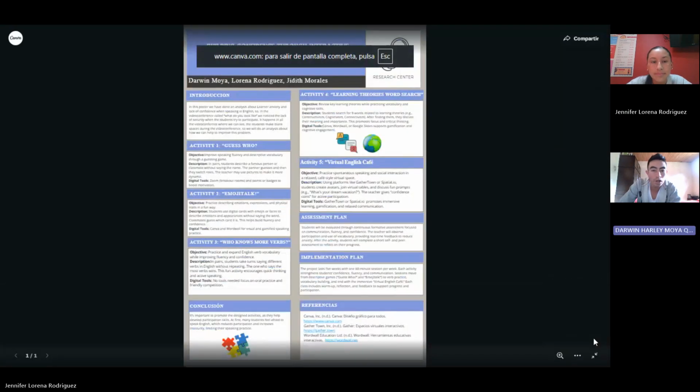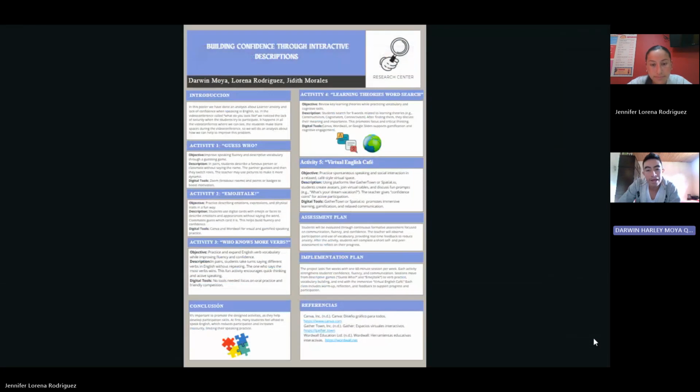Hello, Jennifer. Hello, dear tutor. My name is Darwin Moya Quiroga, and this is our poster. I think that it was an amazing poster because this is a work that we did, and today we share it with you. In this case, we are going to explain the activities about this poster, and the activity number